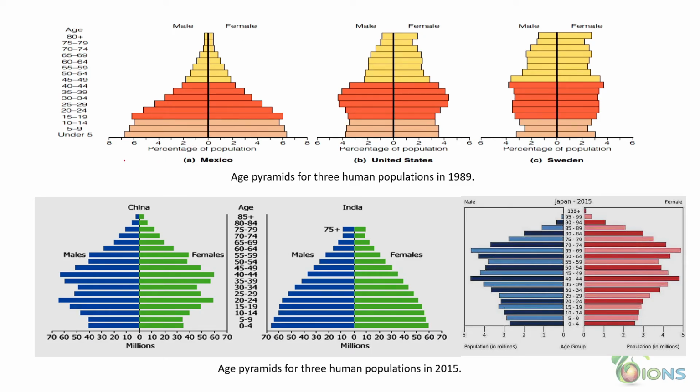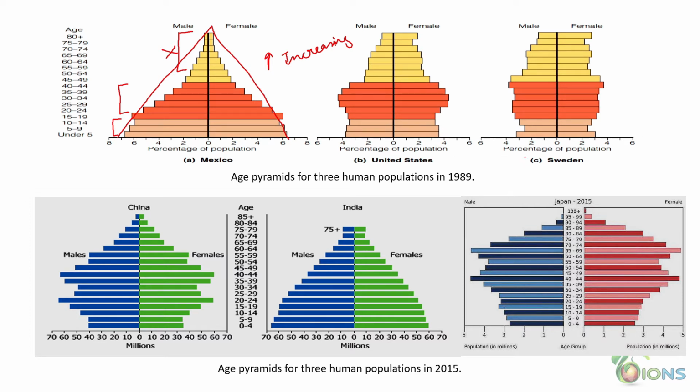So here is an example of population pyramids of humans across different timelines, age-sex pyramids. Here we can see that in 1999 Mexico has a rapidly increasing population, and this can be depicted in the form of this age population pyramid. Here it is more triangular, and hence it represents an increasing population, because the number of individuals that are able to reproduce is more than the number of individuals which are not able to reproduce. Hence the increasing population has this sort of triangular structure.